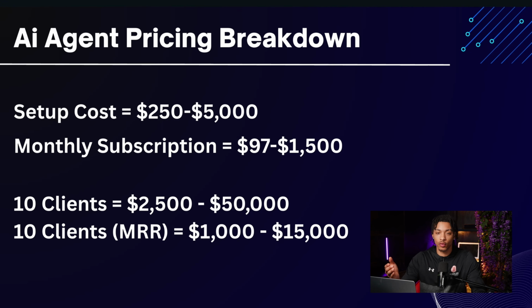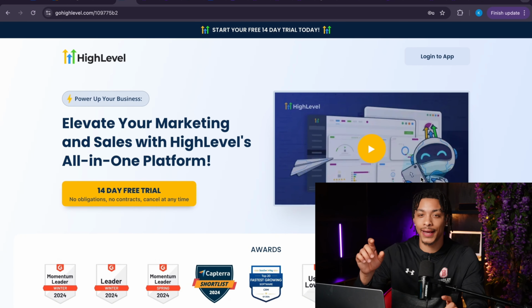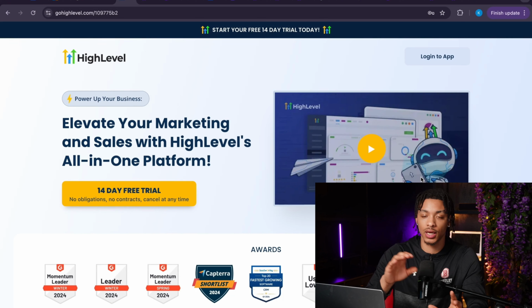So now let's move on to building and selling these AI agents. A lot of people use sites like n8n or make.com, whatever the case may be. There's a couple you can use, but I think by far the best one is HighLevel, because you can not only offer AI agents, but also upsell a whole bunch of other cool things in their software for your business instead of just being one-dimensional selling AI agents. This can increase not only your setup costs, but your monthly subscriptions through the roof.